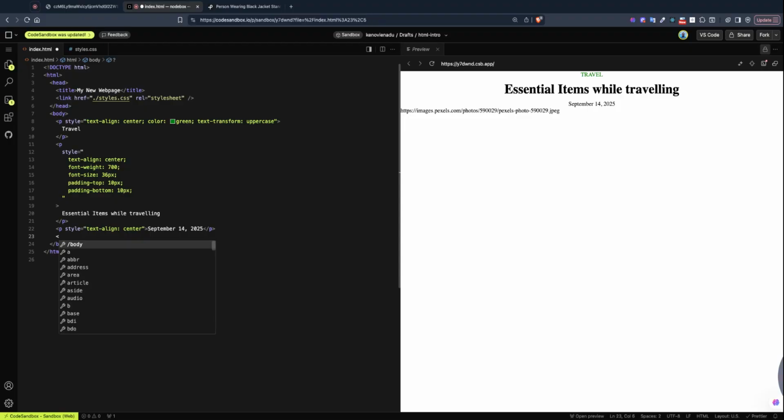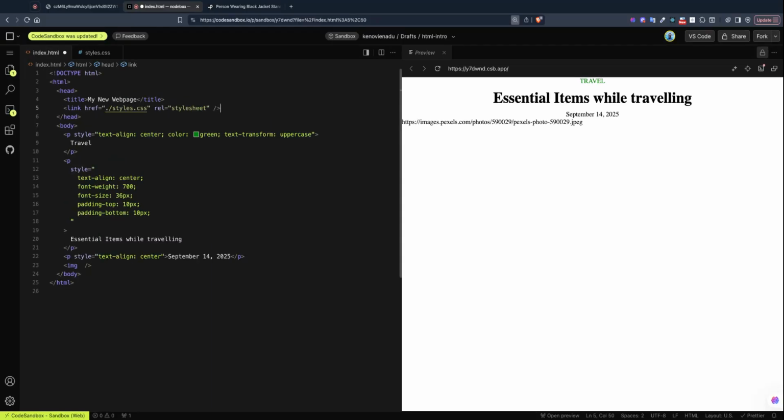Simple thing is to use an image tag, right? And then we close it. Now, the image tag is a little bit different from the paragraph tag and the body tag and the head tag that we've seen so far. It's a self-closing tag. Now, similar to what we see in line 5, where the link does not have a closing tag, right? This is known as a self-closing tag. For the image, we use that as well. It has a special attribute called source. This is where you put in the link, and when you save,